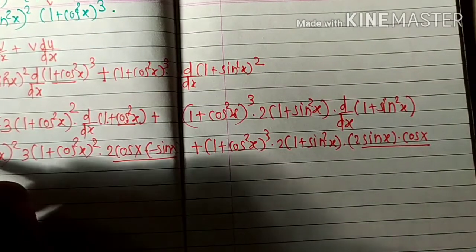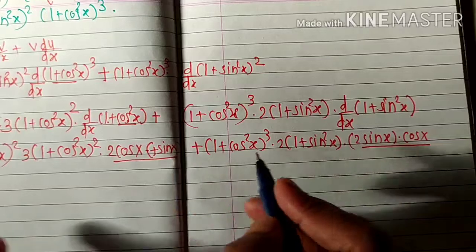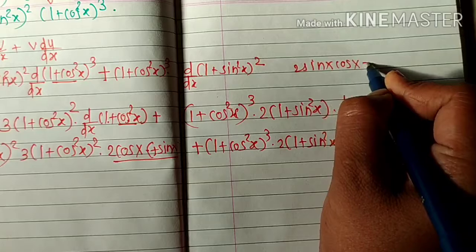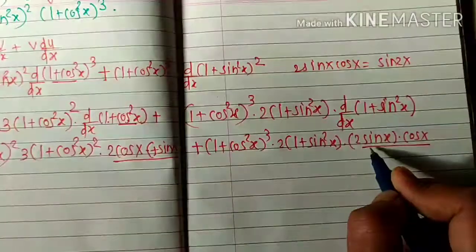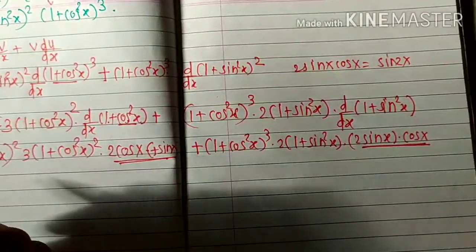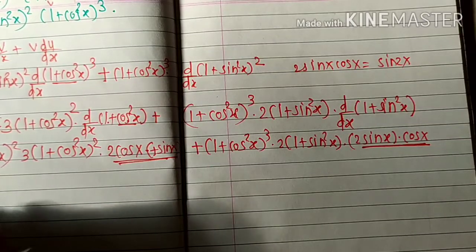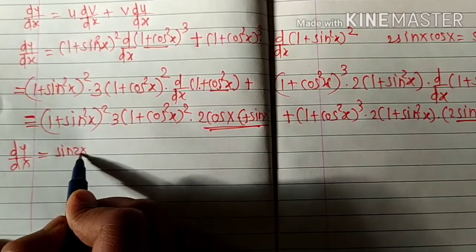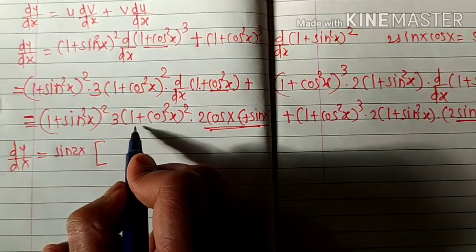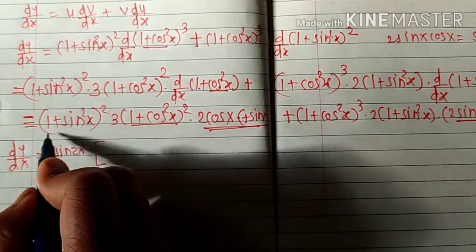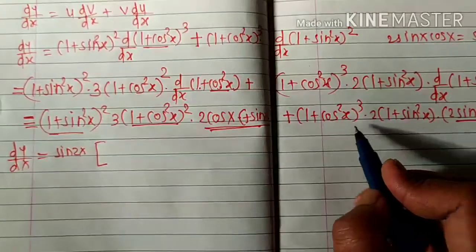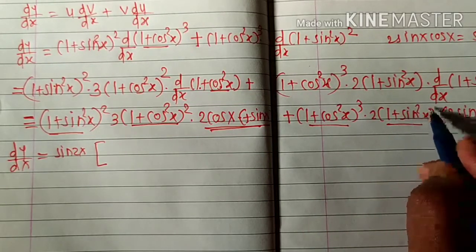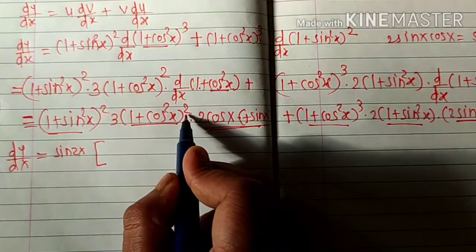Here also 2, we take this minus sign outside, here minus 10, then here also 2 sin x cos x. Whenever they want the result, 2 sin x into cos x is sin 2x, then we take this outside term 2 sin x cos x, that is sin 2x. Then to get dy by dx is equal to, we take sin 2x as outside, and the inside terms are here: (1 plus cos square x) squared, here (1 plus sin square x) squared. Then here (1 plus cos square x), (1 plus sin square x) raised to 1, means the common term is 1 plus sin square x; here raised to power 2, here also raised to 2.